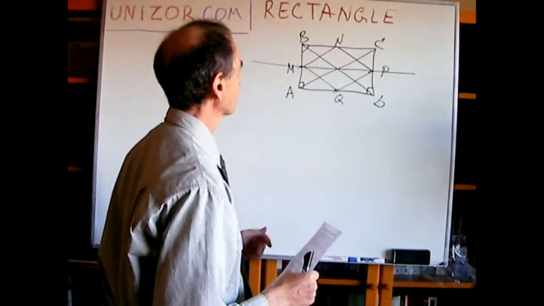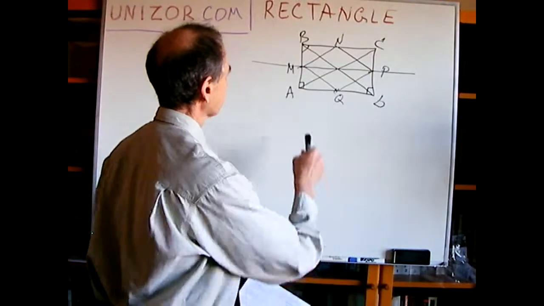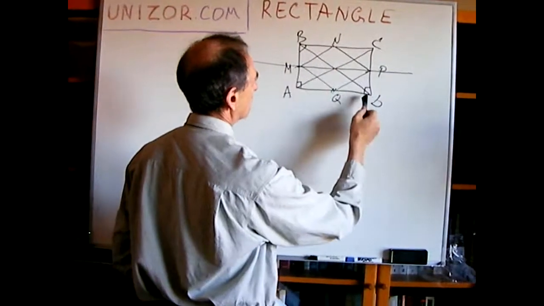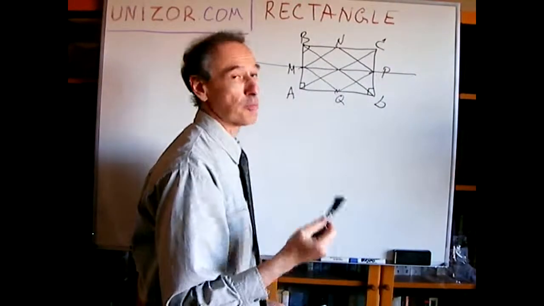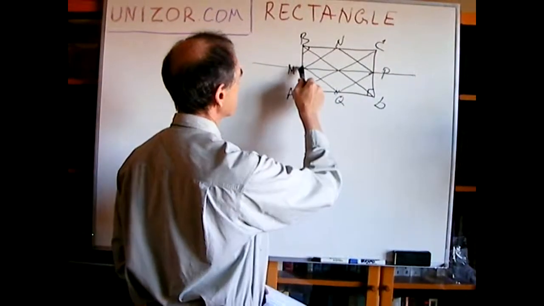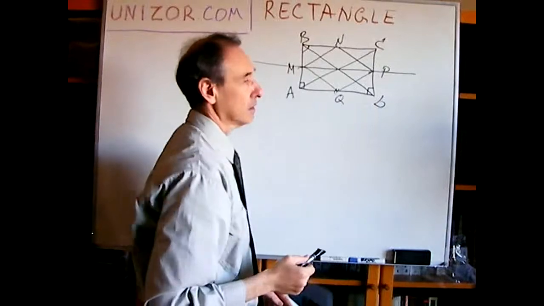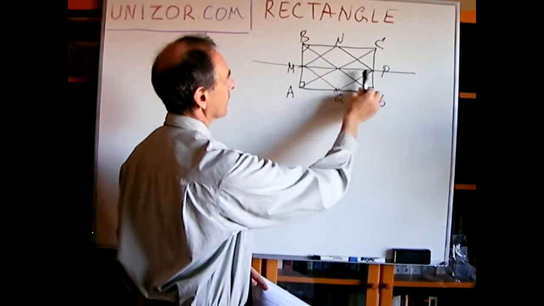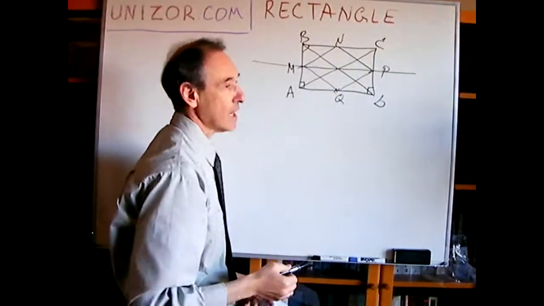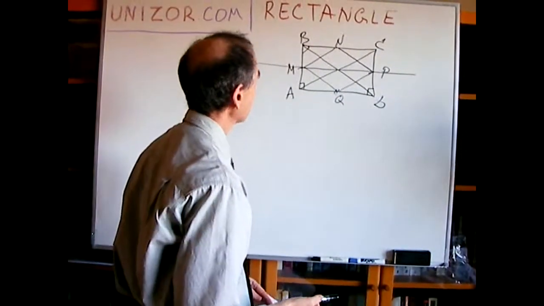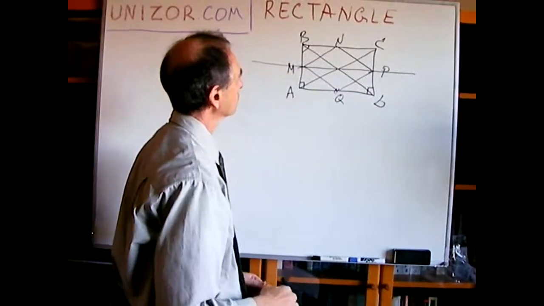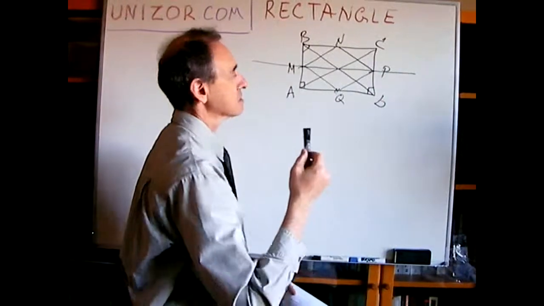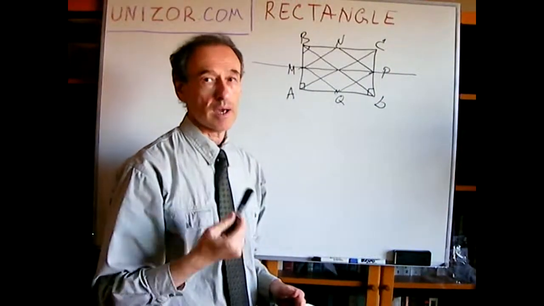Now, how can we prove it? Well, think about it this way. AD segment, AM and PD are two perpendiculars of the same size. Now, why are these the same size? Because these are midpoints, so the height is exactly half of the side of the rectangle, and these sides are congruent to each other. So, AMPD is also a rectangle,